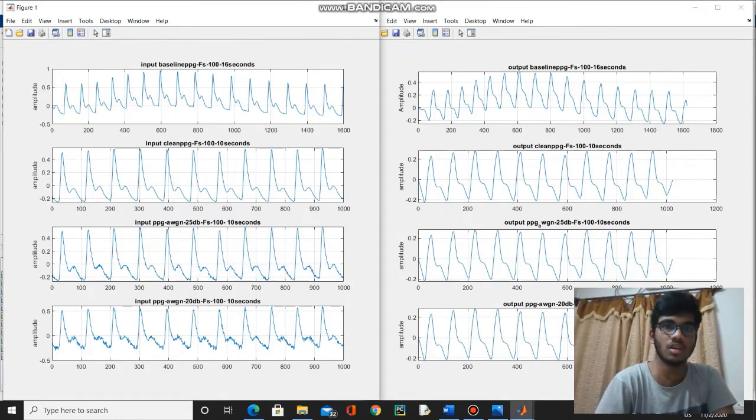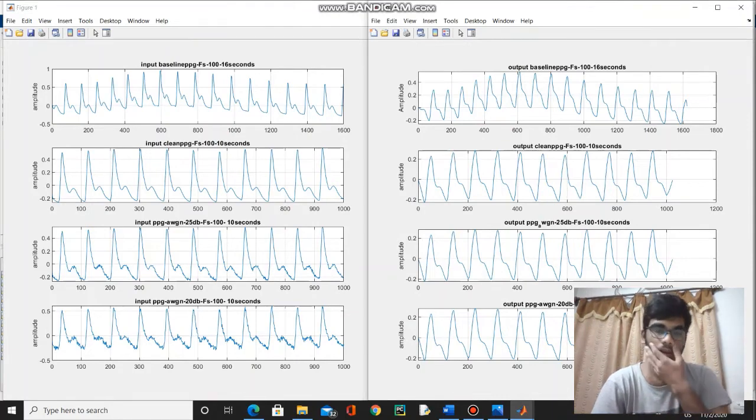Figure 1 shows the input signals, and figure 4 shows the filtered signals using the first system. You can clearly see that the high frequencies present in the fourth signal are attenuated in the filtered signal, so we can clearly say that the first system is a low pass filter.